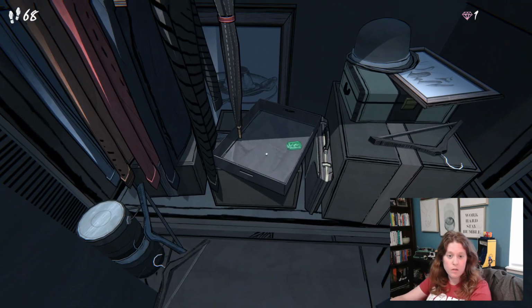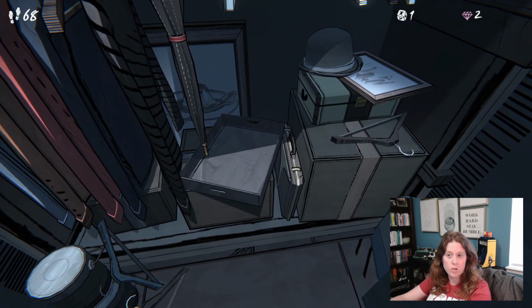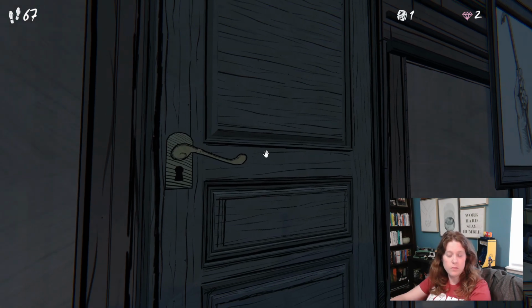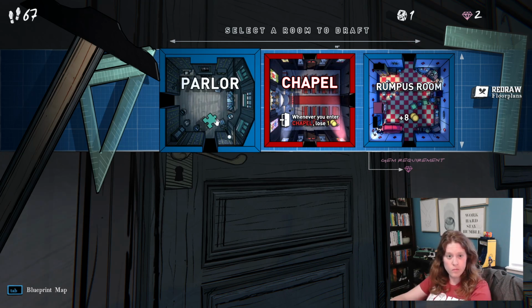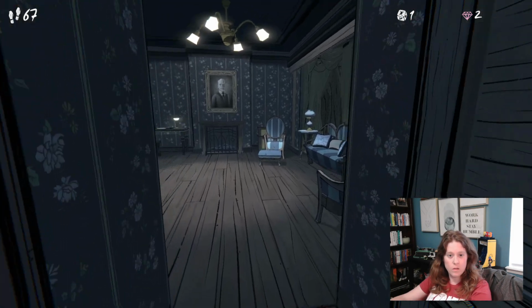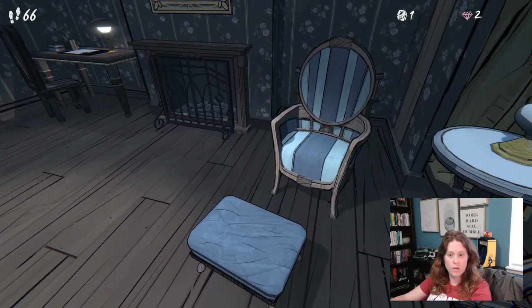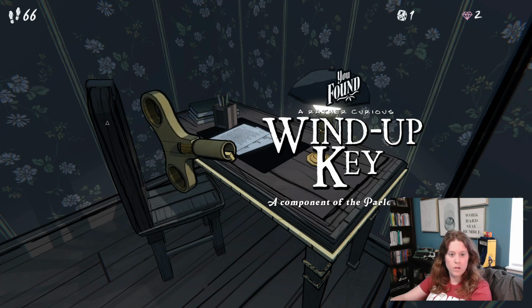Okay, so we got an extra dice roll. Got another gem. Let's go to the parlor. Get our key